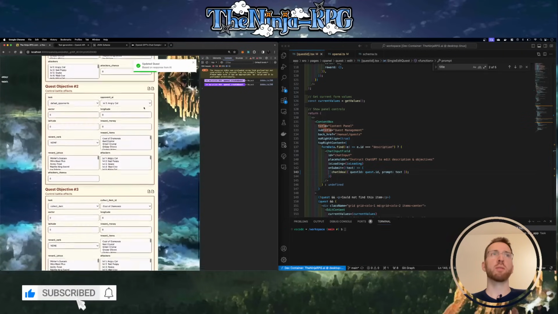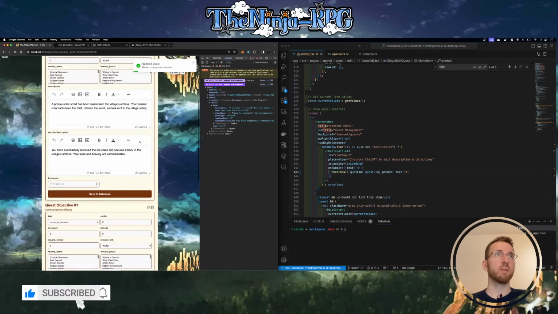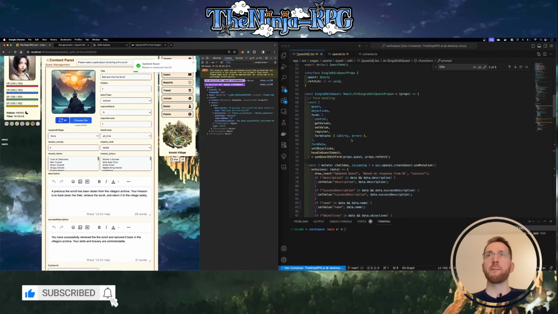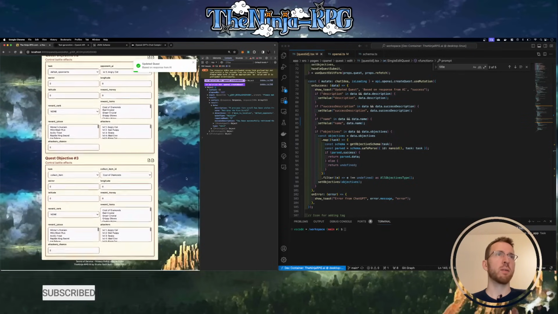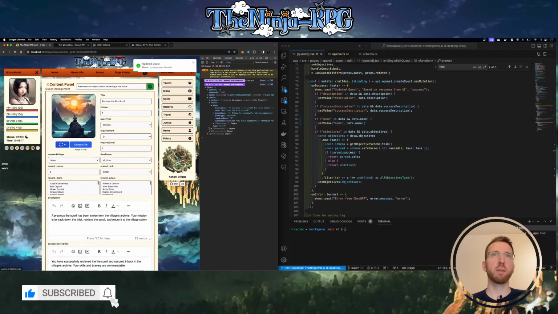So it updated some stuff. Let's see what was returned. I think this actually worked. You have successfully retrieved. Is this? Yes. And quest mission to mission. Yeah, so I think this actually worked. Move to location, defeat opponents. Awesome. So it did everything it was supposed to do, except I don't think it could update the mission and